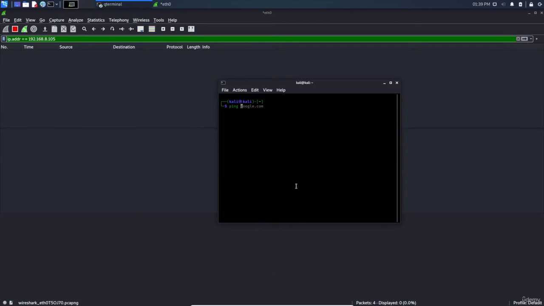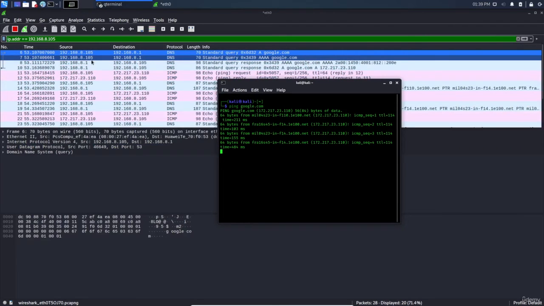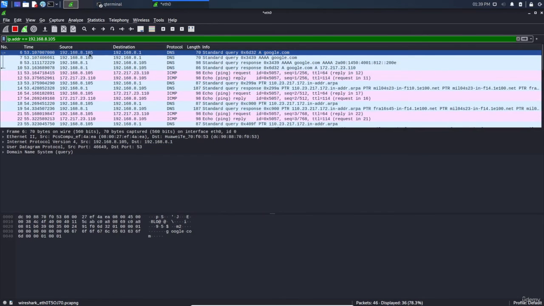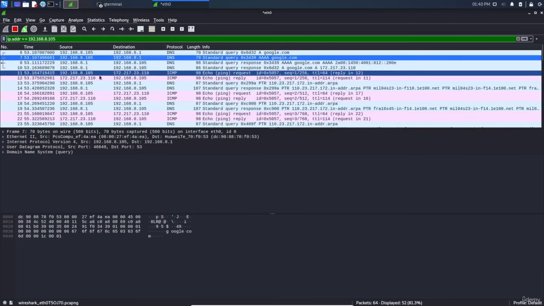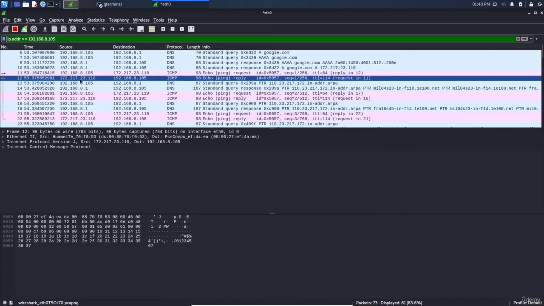So if I ping google.com, you can see that it will start showing all the packets that have this IP address. So here the source is like this, the destination is like this, here the source is like this, the destination is like this. So you can see every packet, even this one, you can see that it has the IP address that we put here. Okay,